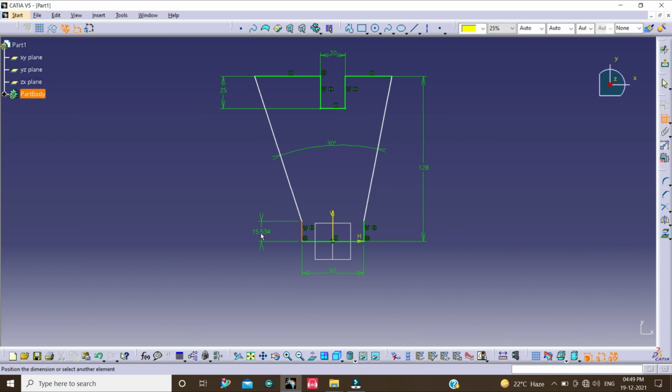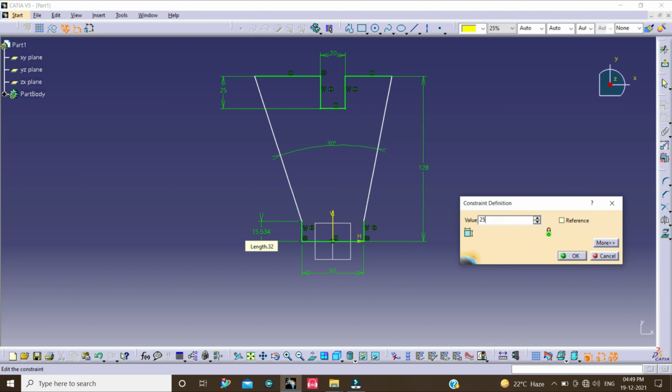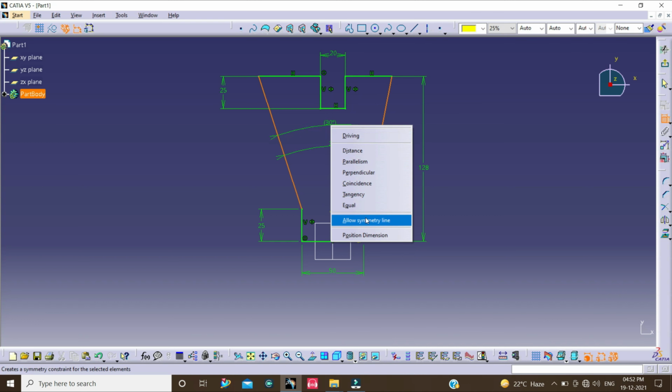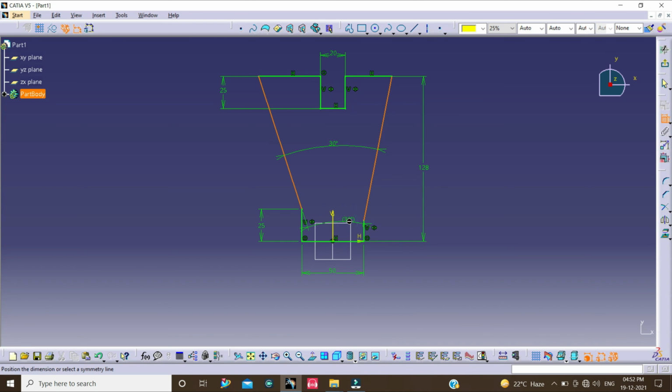Then select this line and change this dimension to 25 mm and click on OK. Again select this line and this line, right click and select Allow Symmetry Line. Then select this vertical axis.